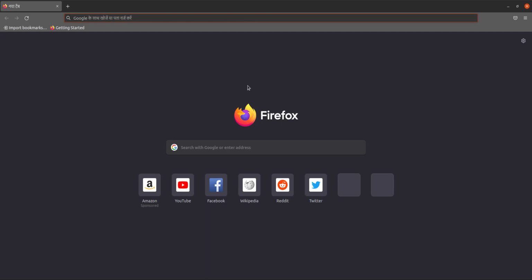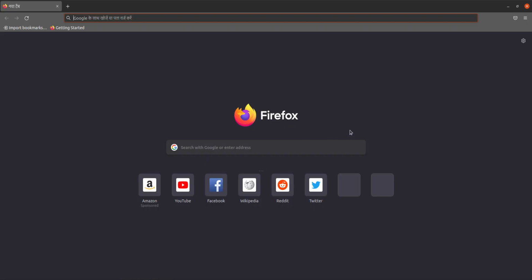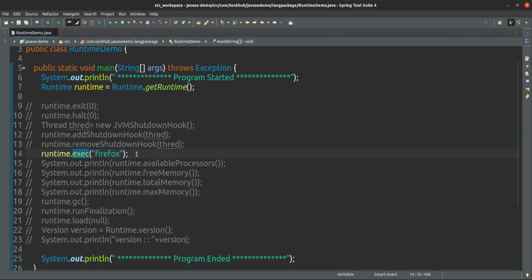After that only this process is started, and this process is continually running. Even if your JVM is shut down, that JVM has finished its task, but still that process is running, because that is a separate process. This is the meaning of process. Process means separate applications, you can say, in your program. Thread is a part of the process. Okay, and we can close this process. So this is the use of the EXEC method.